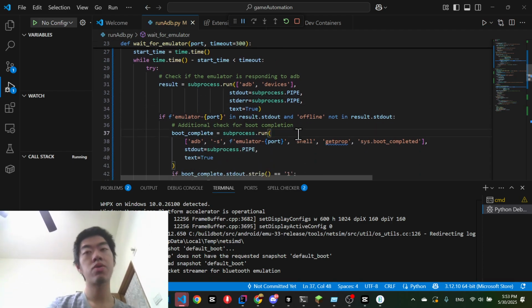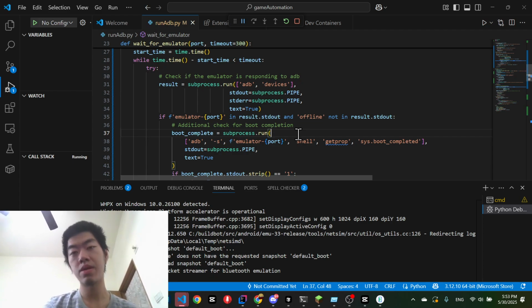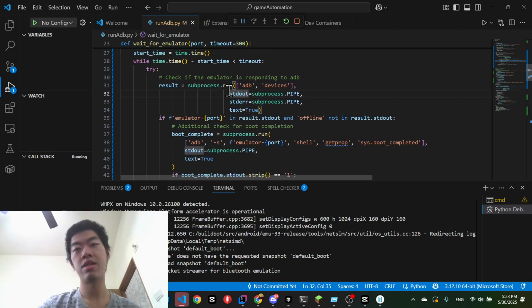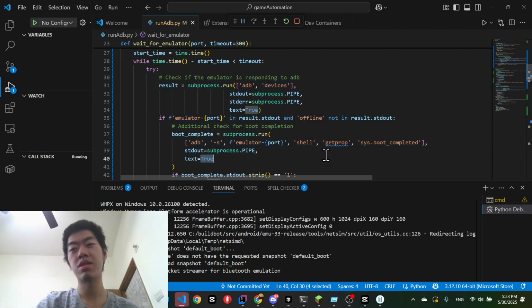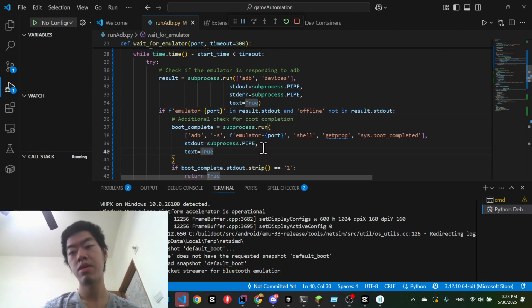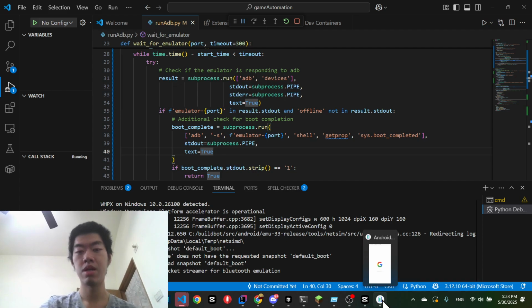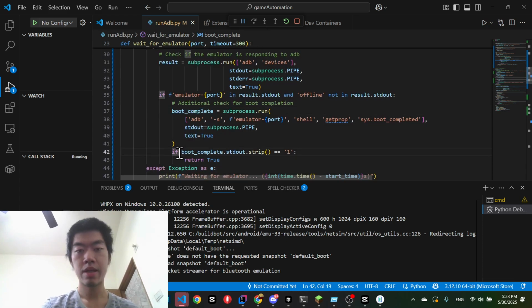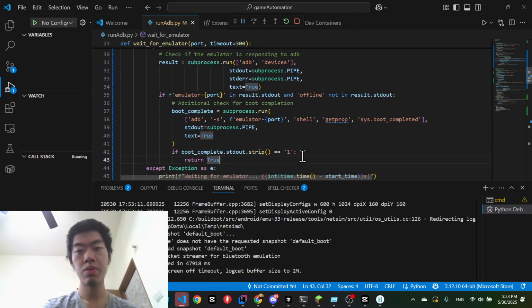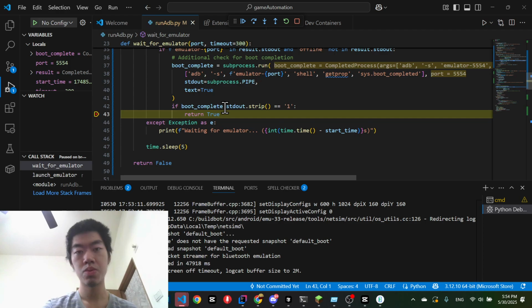Then if you want to automate your code, you may want to let this machine start up and execute some code, like OpenCV to click the application. So we have to ensure this emulator is started successfully. When it starts successfully, it will return true,